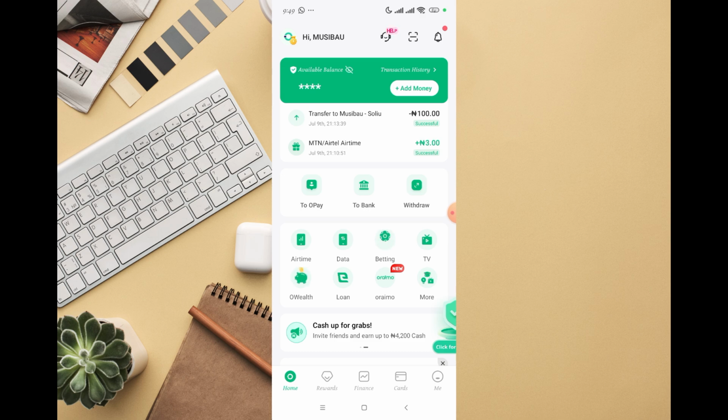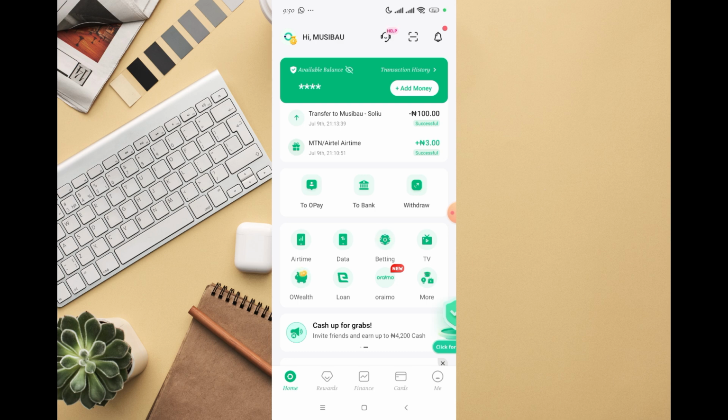So if you have been looking for a way to bypass OPay verification, I'm not sure it's possible, because I even do face verification when I'm trying to verify my account. So I don't know what you are trying to do. I can tell you that you cannot actually bypass anything inside OPay. You have to make sure everything you're doing is in your real name. You have your details with you. You cannot bypass anything. So do the right thing,